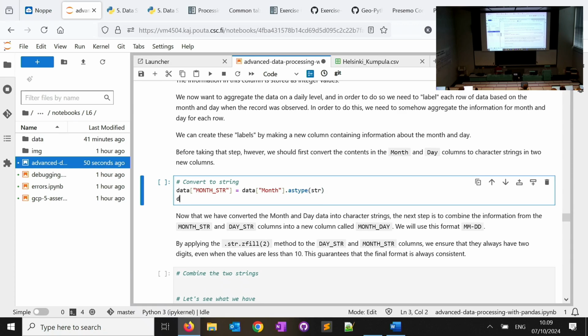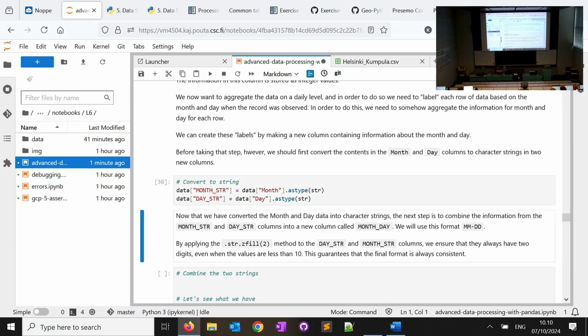I'm going to do a similar thing for my column with the day information. I will call it DAY_str, and I'm going to use the values from my Day column and use the astype method to convert it to str, which is a string.